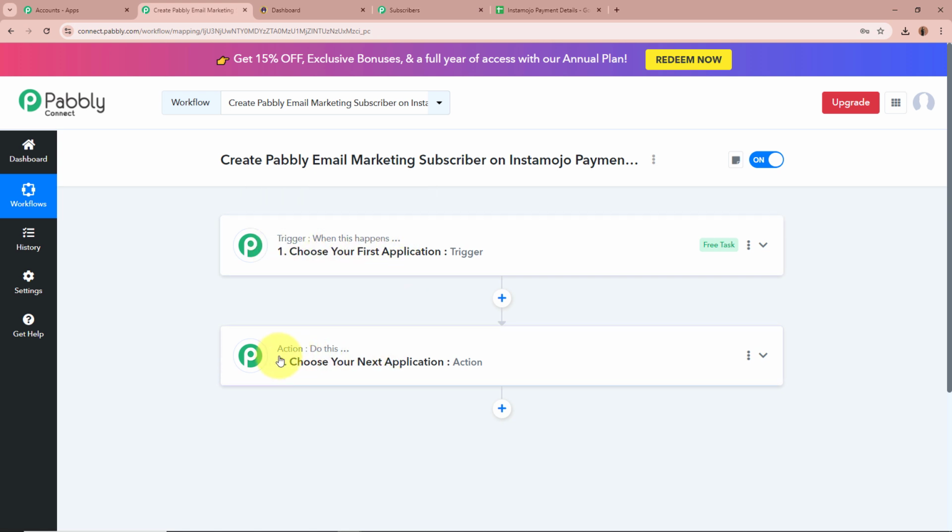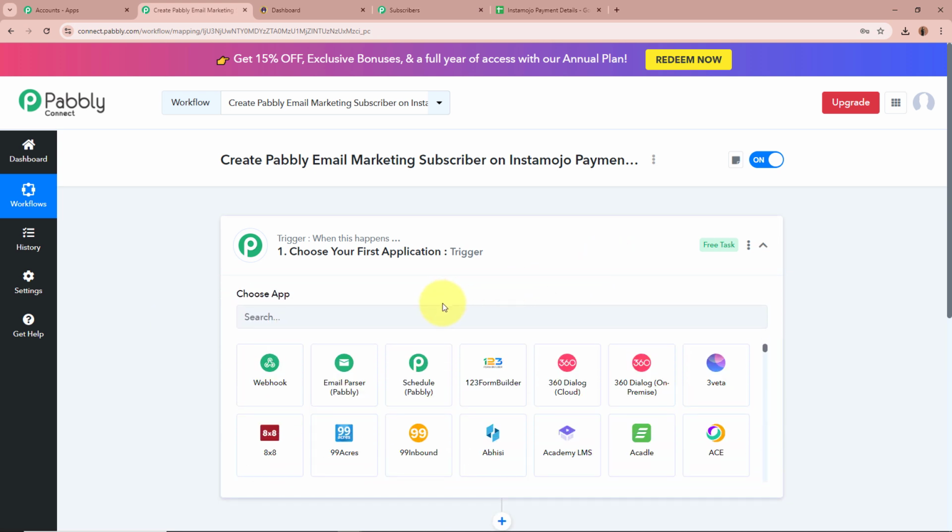Trigger says when this happens and Action says do this. That means our action is a response towards our trigger. In an automation process, there can be only one trigger step but multiple action steps. We are going to set up our trigger step first, and for the trigger application, we are going to select